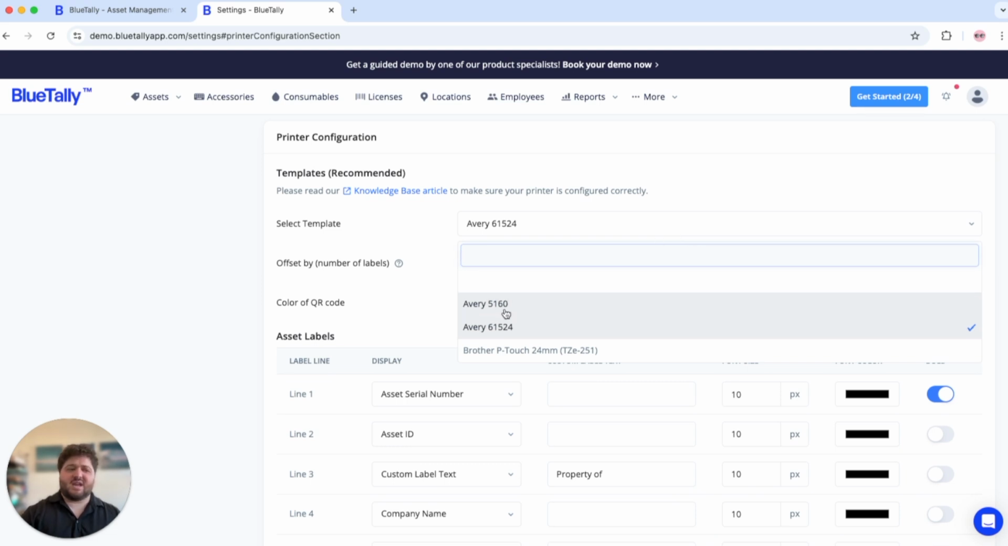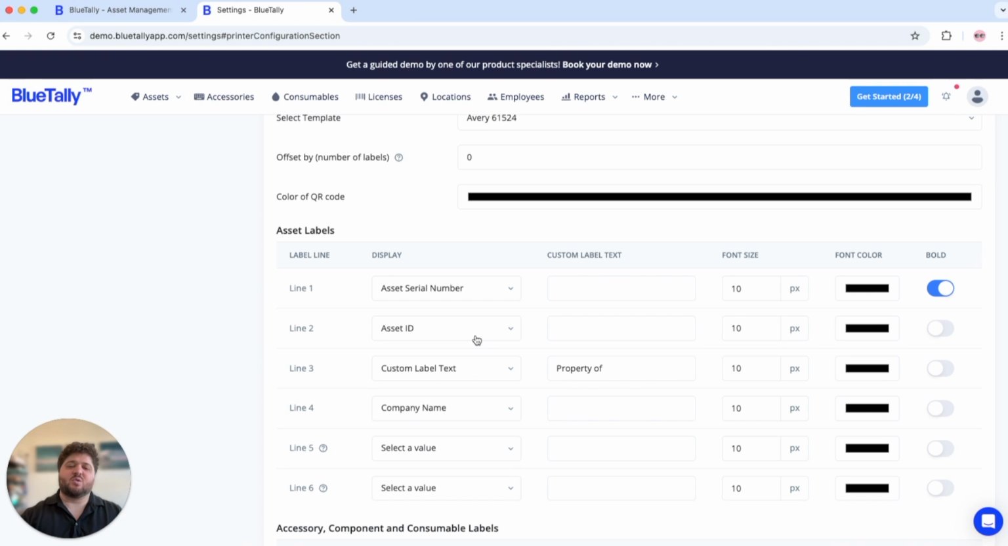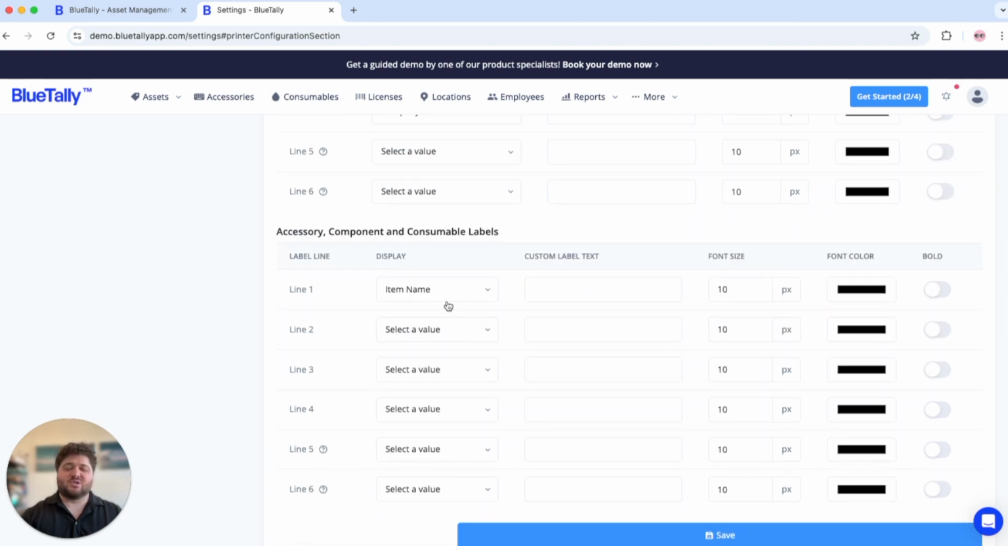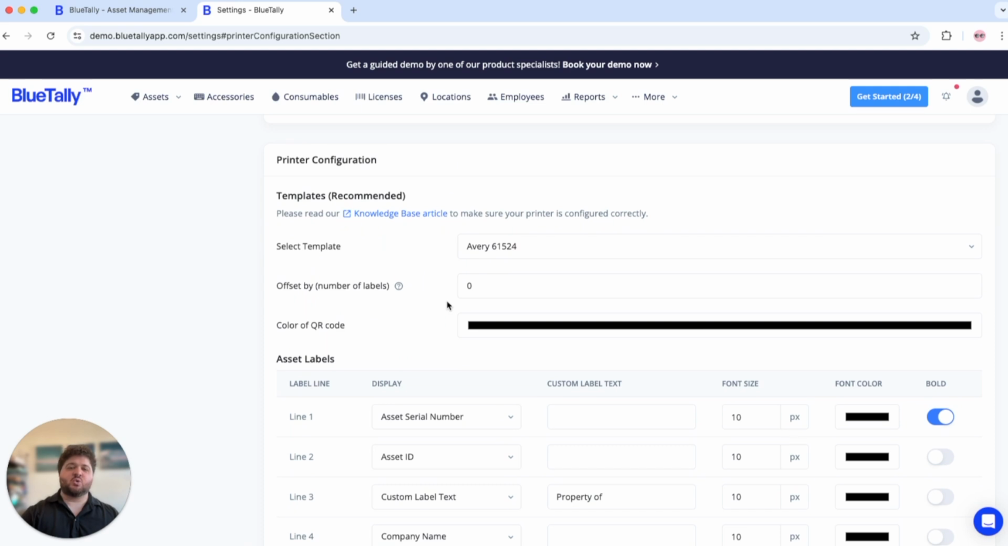We've got 2 for Avery sticker sheets and 1 for our Brother label printers integration. You can see information about how to customize your asset label. You'll see more information about how to do this for accessories, components, and consumables. And if you want to get more information to ensure that you have configured your printer integration correctly, you can